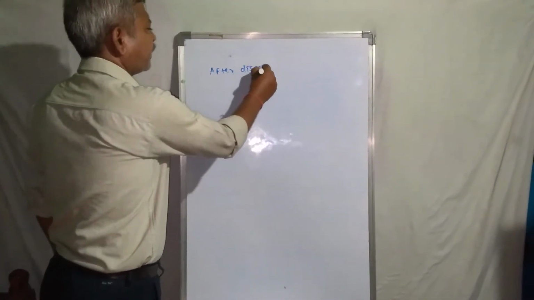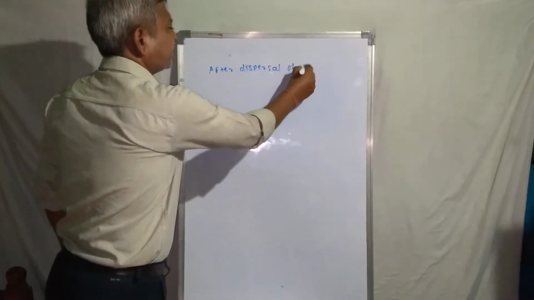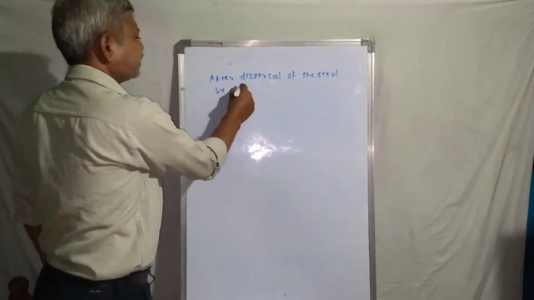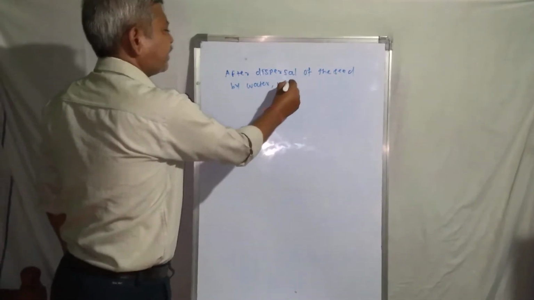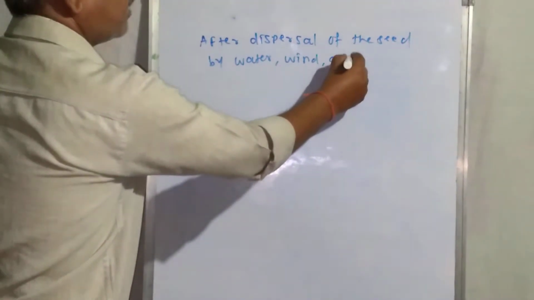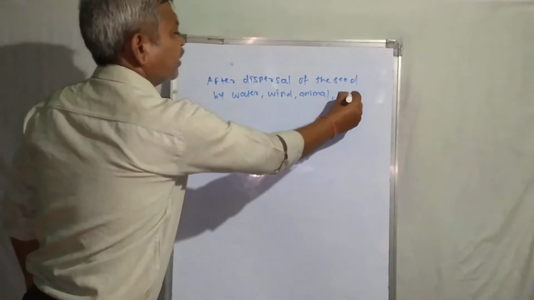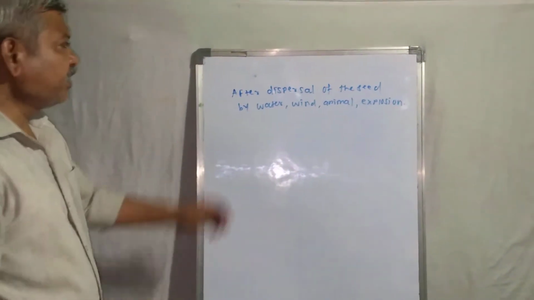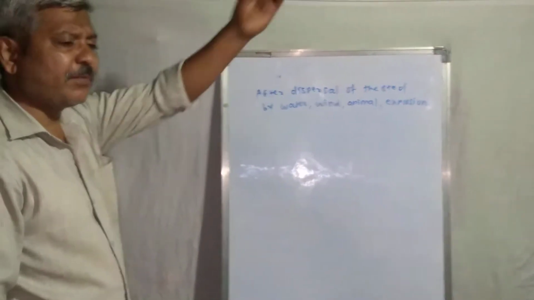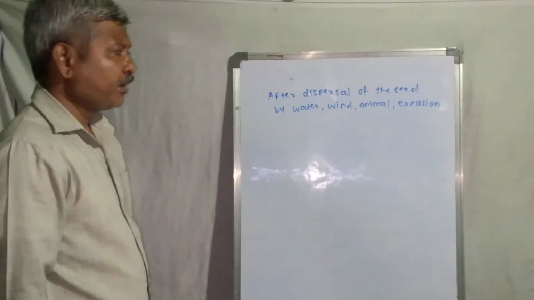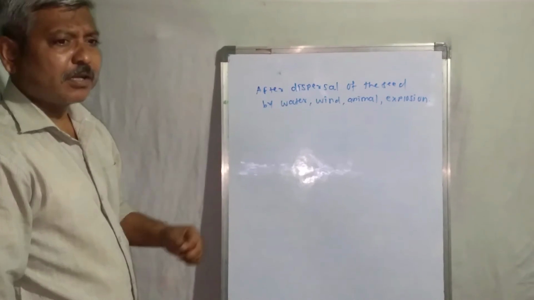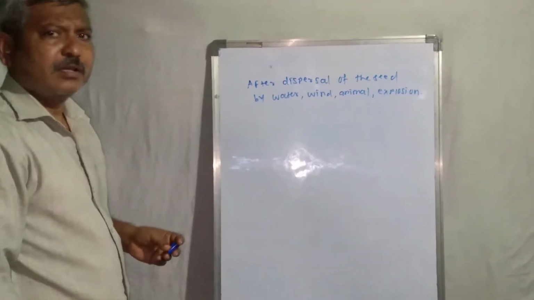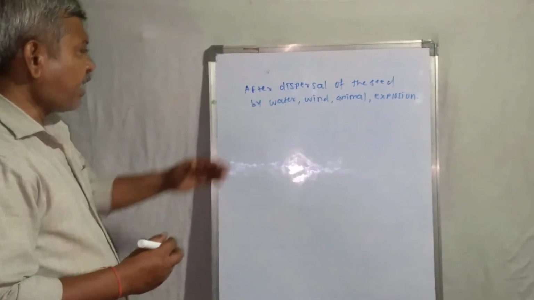dispersal of the seed by water, wind, animals and explosion, this seed falls far away from the mother plant, and after that, in a favorable condition, that means